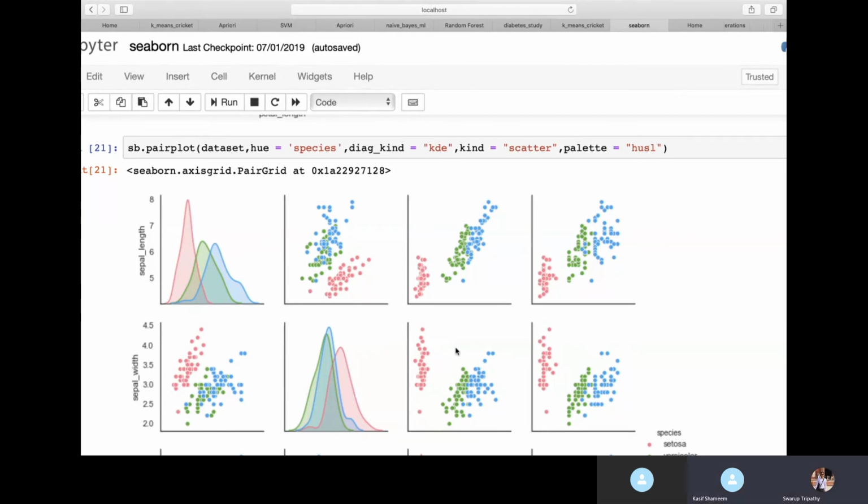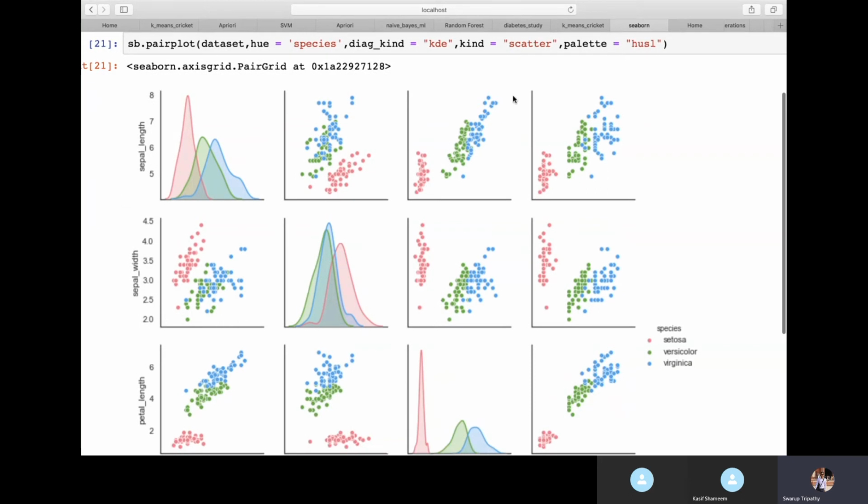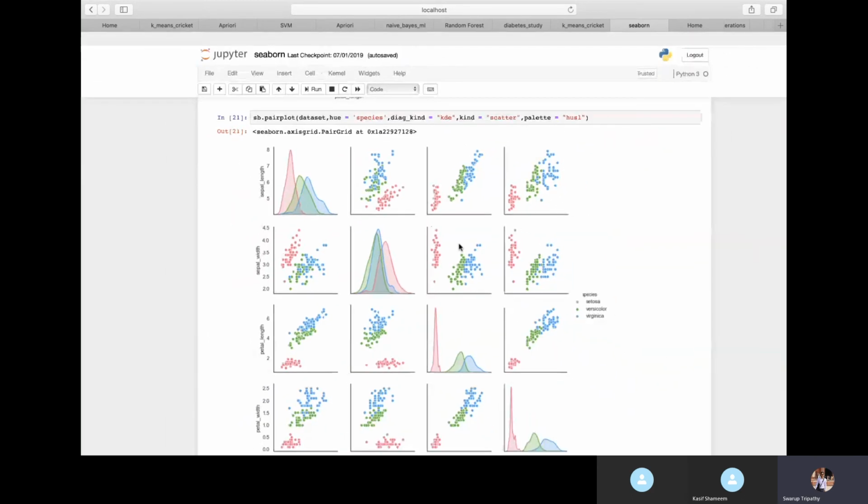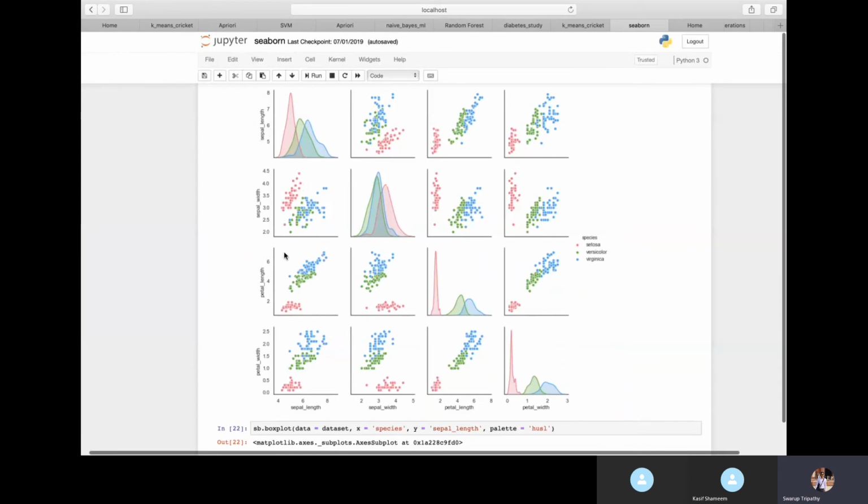Okay, so now see here, this plot is called a pair plot. It takes pairs of data and tries to analyze them. It will be a kind of matrix where you have column values and row values. These rows say sepal length, so this entire row has sepal length data. The second row has sepal width data, like that. The columns are also there: the first column is sepal length, the second column is sepal width, and at the bottom the third column is petal length. So the first graph is sepal length with sepal length.